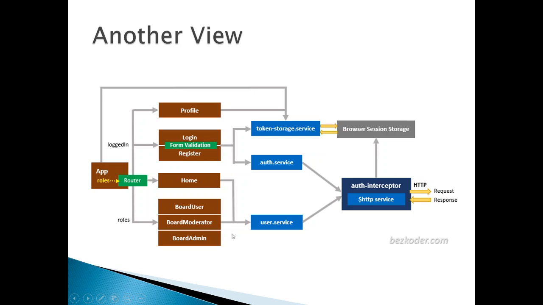It can be a simple data service that interacts with the HTTP service, and alternatively the HTTP service will fetch the data from our REST API and provide it back to our data service. There can be an authentication service, an auth service, which handles the user's login request, and it will go to the auth service, and the auth service will send the request through HTTP to our server. The server will validate the request and will send back the authentication response. So this is the way with which our Angular application works. So we have seen an overview of how Angular works.